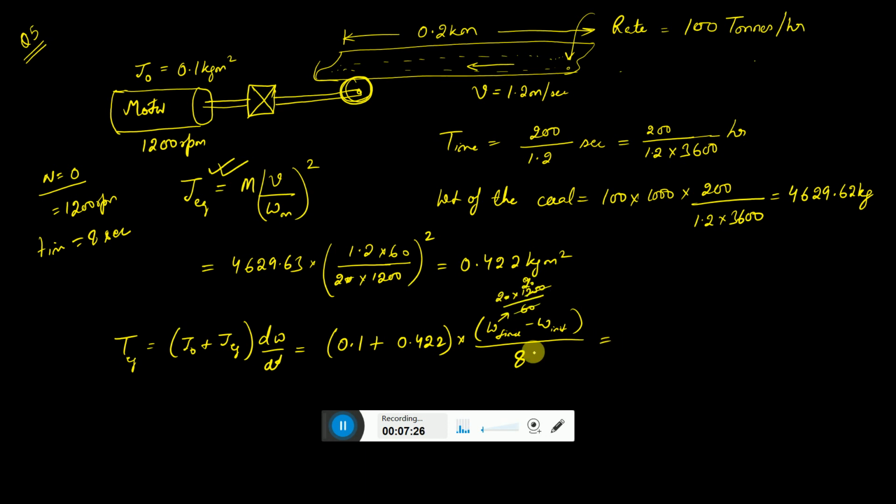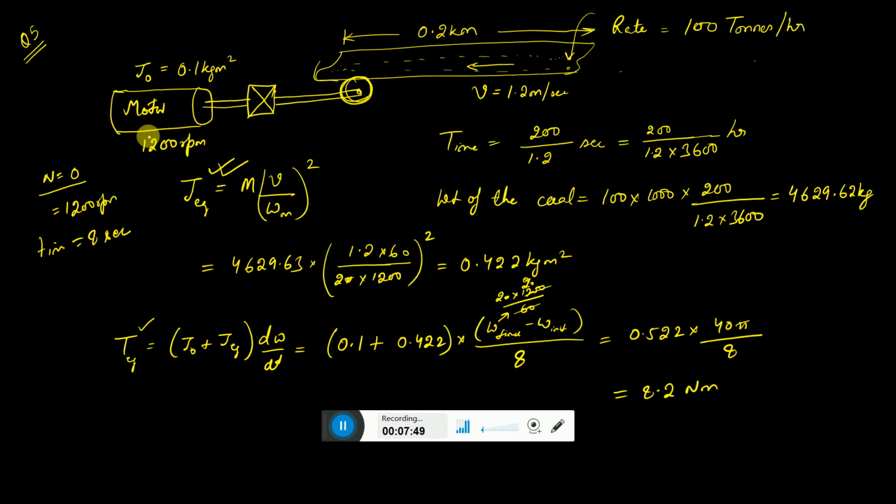So we can write 0.522 into 40 pi divided by 8, and this will come out to be 8.2 Newton meter. So this is the equivalent load torque that is being reflected to the motor